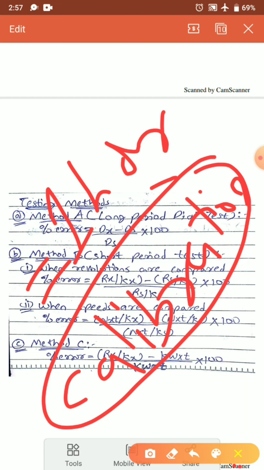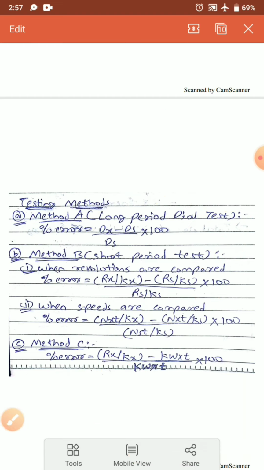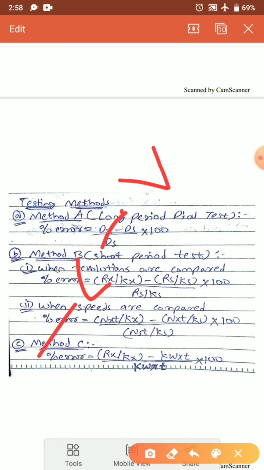Here a precision grade indicating instrument is used as the reference standard. These instruments are connected to the circuits of the meter under test. As in the previous case, the current coils will be connected in series and the pressure coils will be connected in shunt across the load. In the same manner, connections will be done here. One more thing we have to ensure is that the current and voltage are held constant during the test, that is, there is no variation in the current value and no variation in the voltage value.